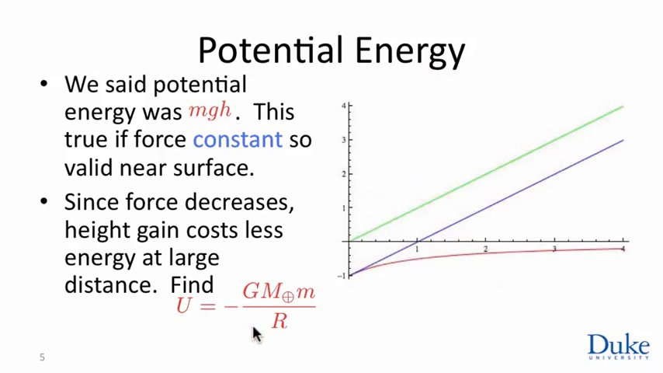We can see the mathematical calculation graphically here. This would be mgh. This is the exact potential energy. The graph shows us two salient properties. One is the potential energy is always